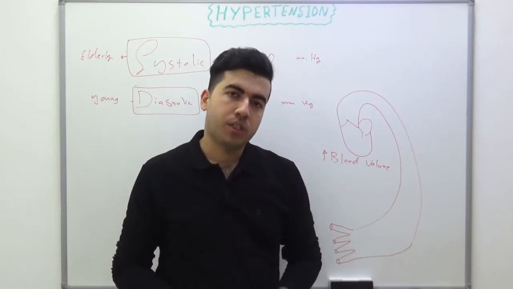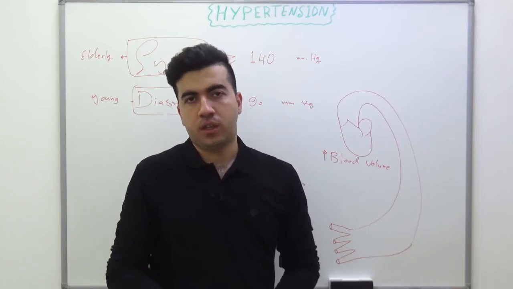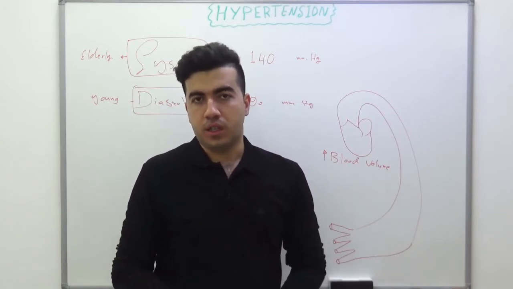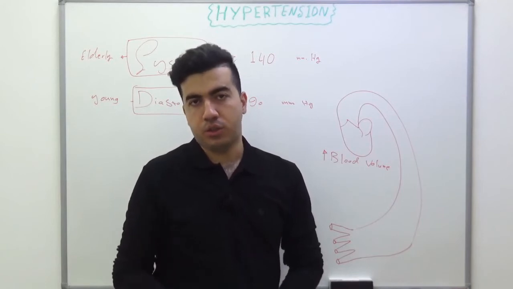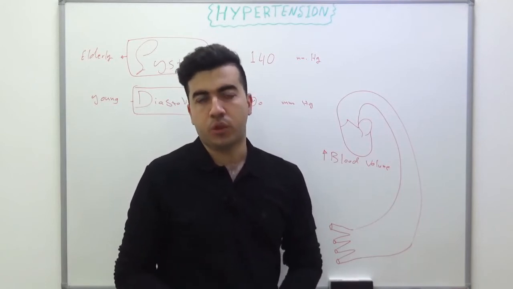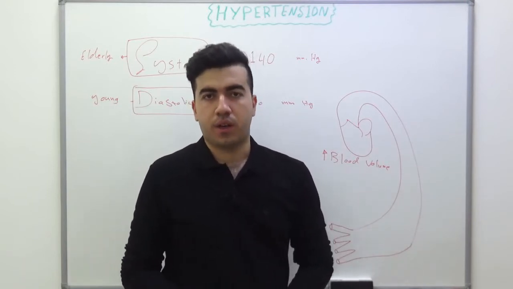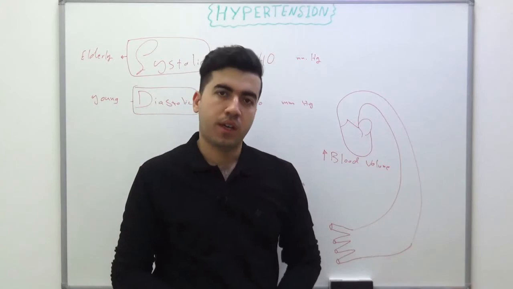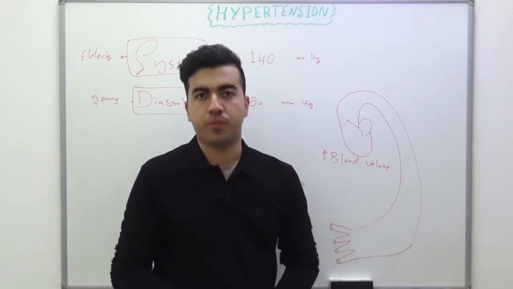What is white coat hypertension? Why do some people have a normal blood pressure, but when they come to the clinic the blood pressure increases due to nervousness or anxiety about being in a clinical setting? These patients are said to have white coat hypertension. So how can we define white coat hypertension?